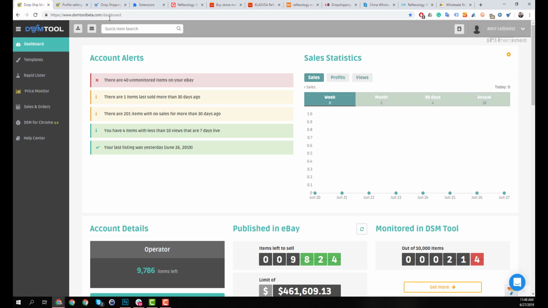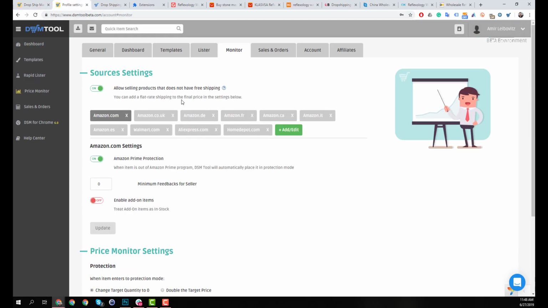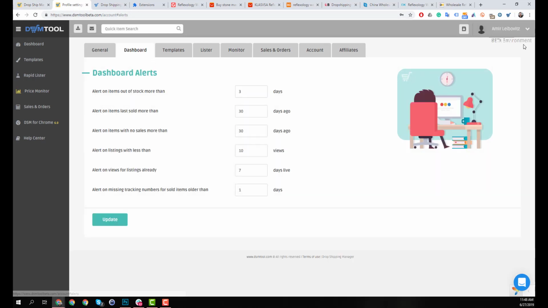And the same thing you can do with each and every one of those alerts. I just want to say one more thing, which is that those alerts are editable. So if you go to the account settings and you go to the dashboard settings, you can change the alerts and you can pretty much control how they work, which is a great tip mostly for eBay sellers because, for example, if you have products that have no sales at all and you put here